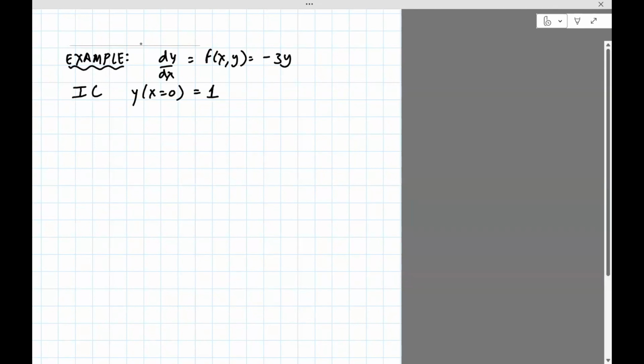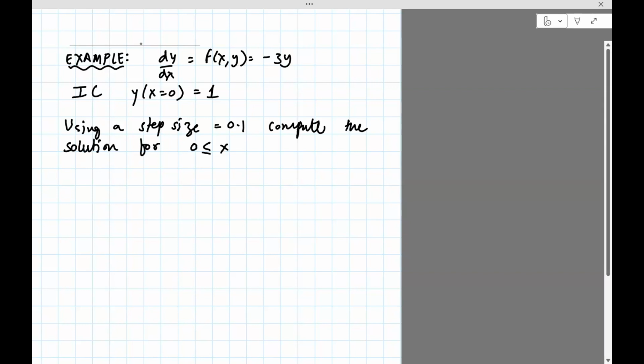Okay, so given that, using a step size equals 0.1, compute the solution for x